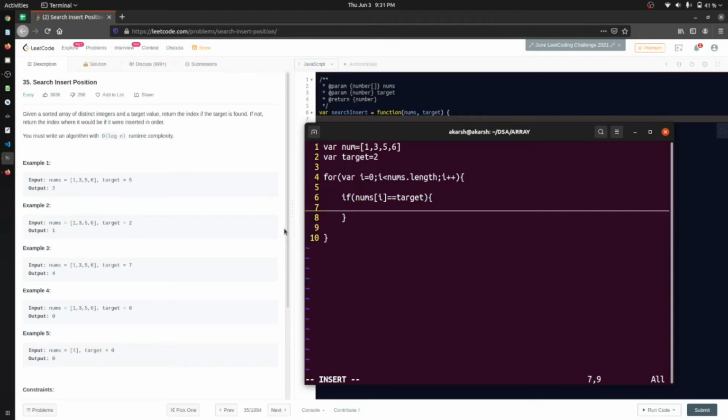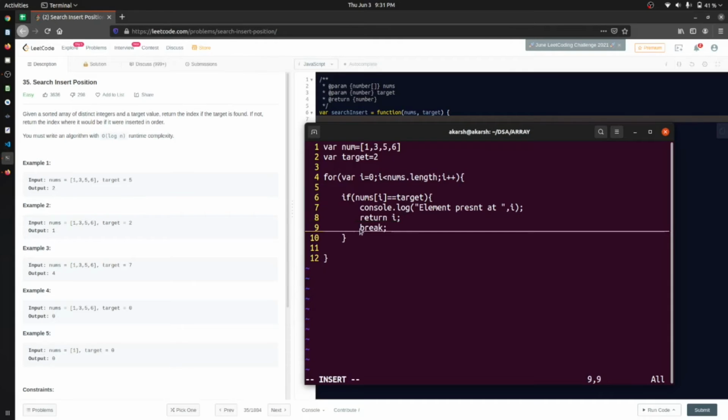We will say console dot log element present at i. We have to return the index also, so we will just return the index, and we will not use this break.